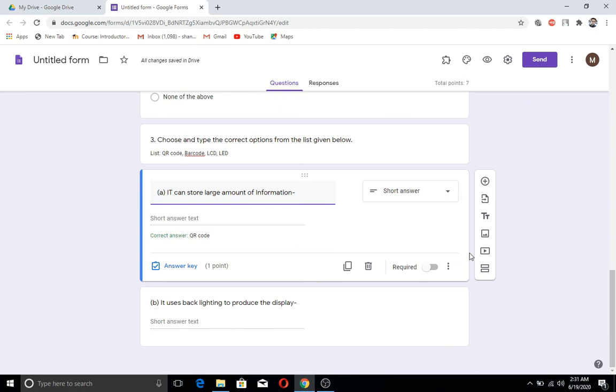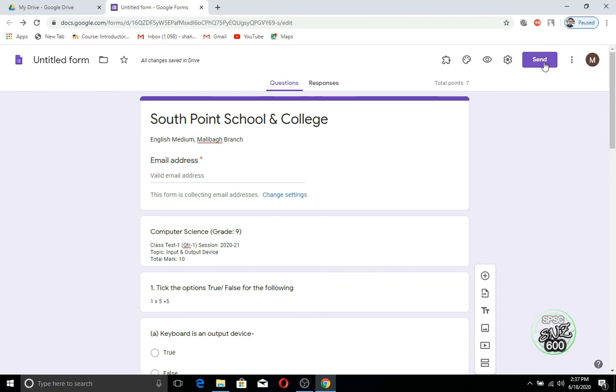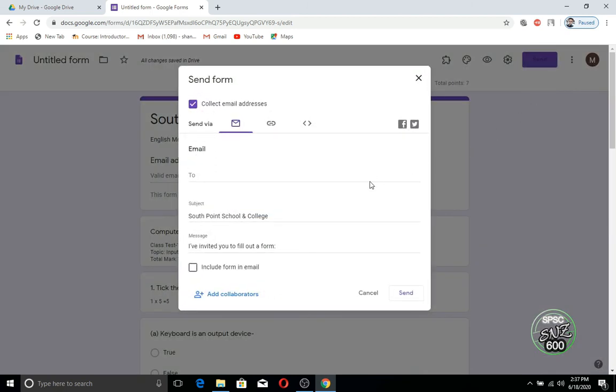Now I have to send the question to my students. So click on the send button. Click on the send button, and the subject that is written is the school name. So I'm changing the subject name to my subject name, computer science.